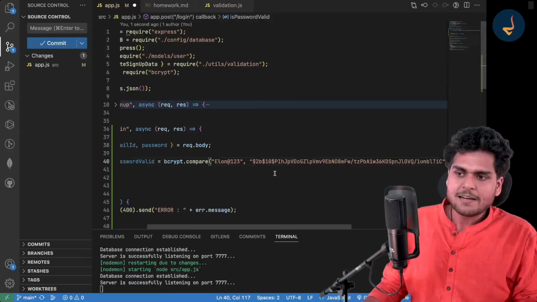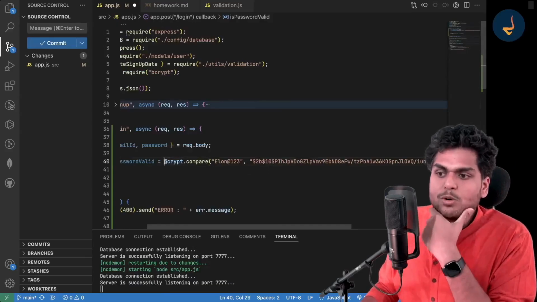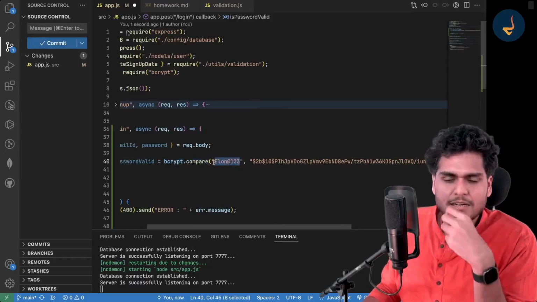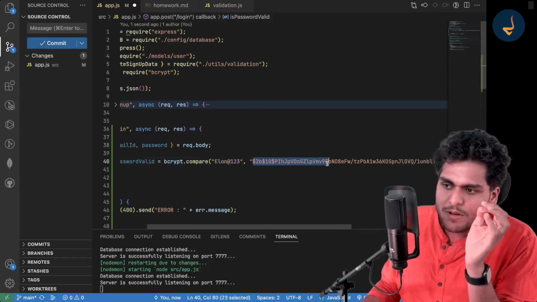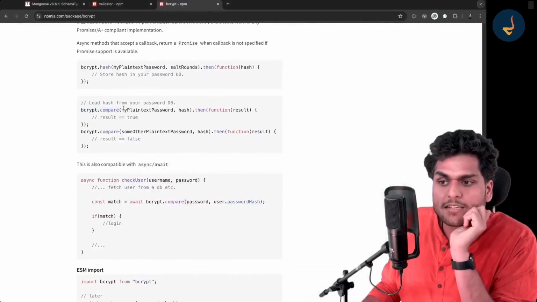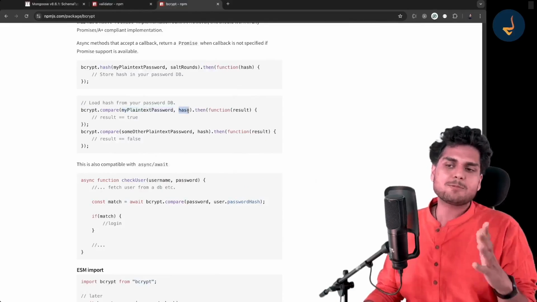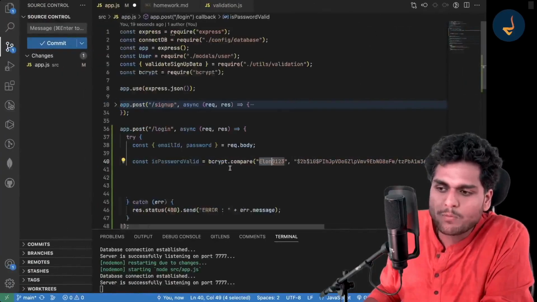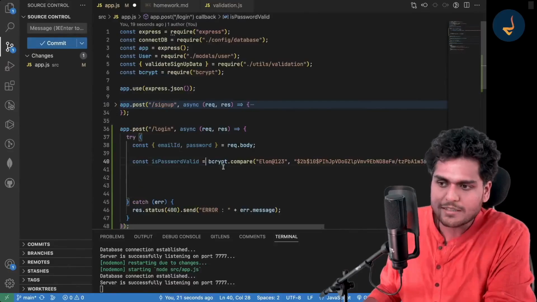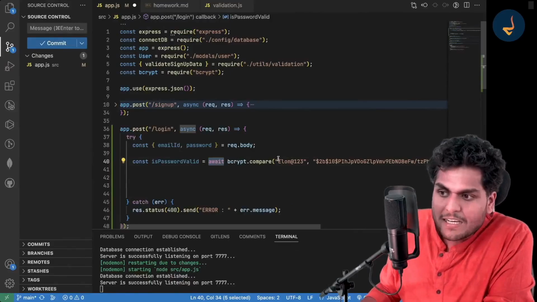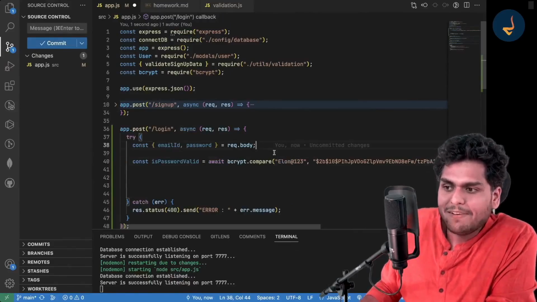So basically this API works like this. You do a bcrypt.compare, pass in the plain text password, and then you pass the encrypted password. This is what the documentation says: my plain text password plus the hash. It will return you true or false. Got it? This is how this API will work, and it is again a promise, so I'm writing it like this. But first of all, I will have to